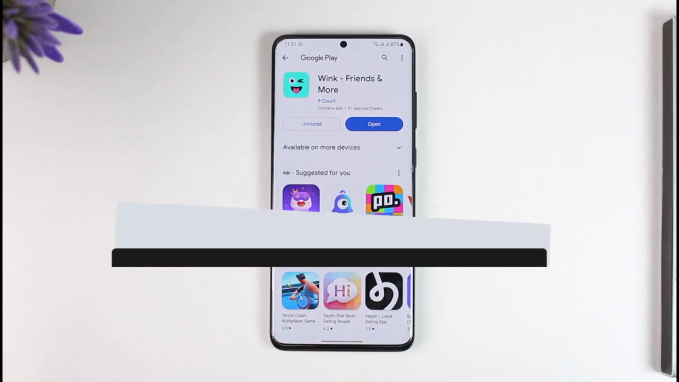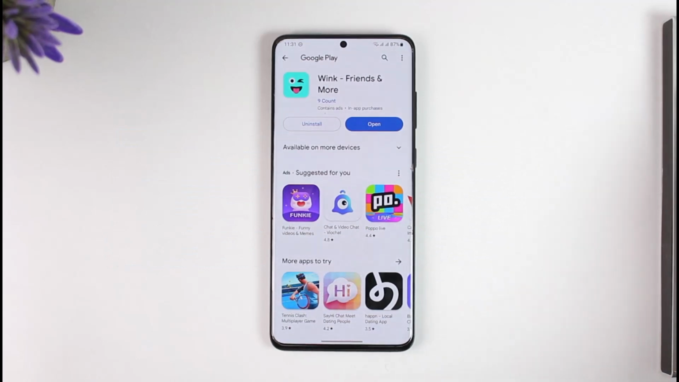In today's video I'll simply guide you through the steps on how you can delete your Wink account, so just make sure to watch the video till the end. If you'd like to go ahead and delete your Wink account, it's actually quite simple to do